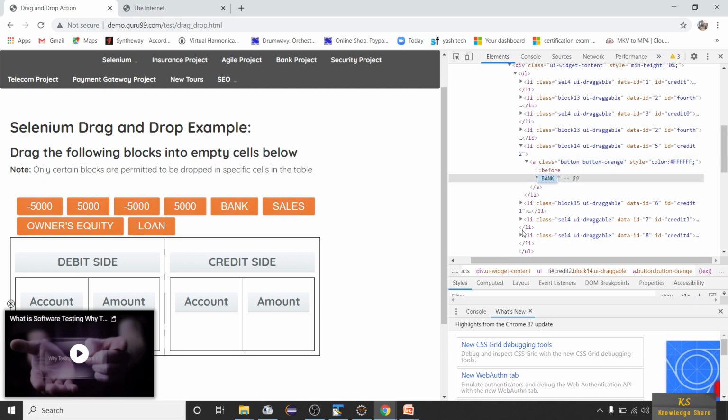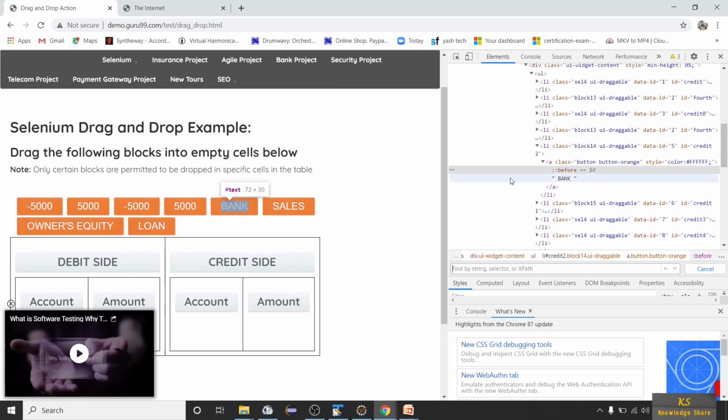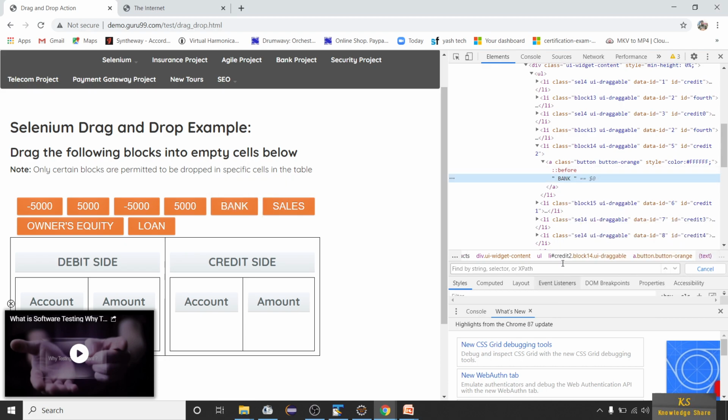You can see it's a bank, right? So let's click here, copy XPath.